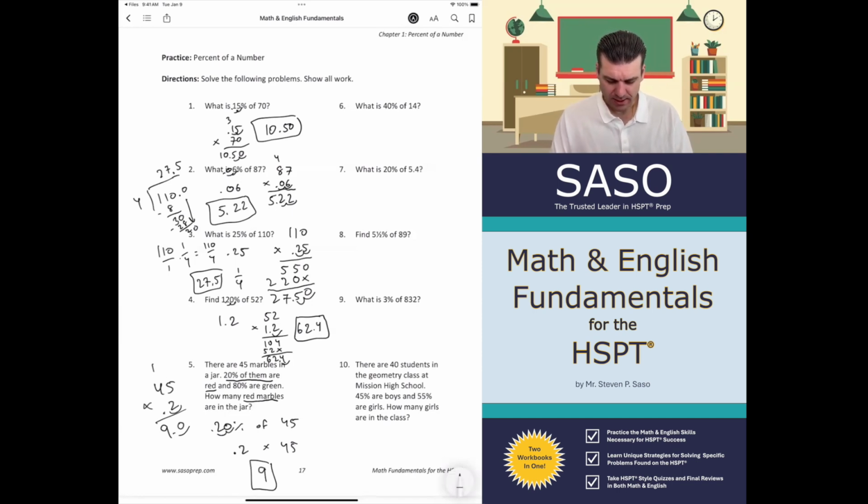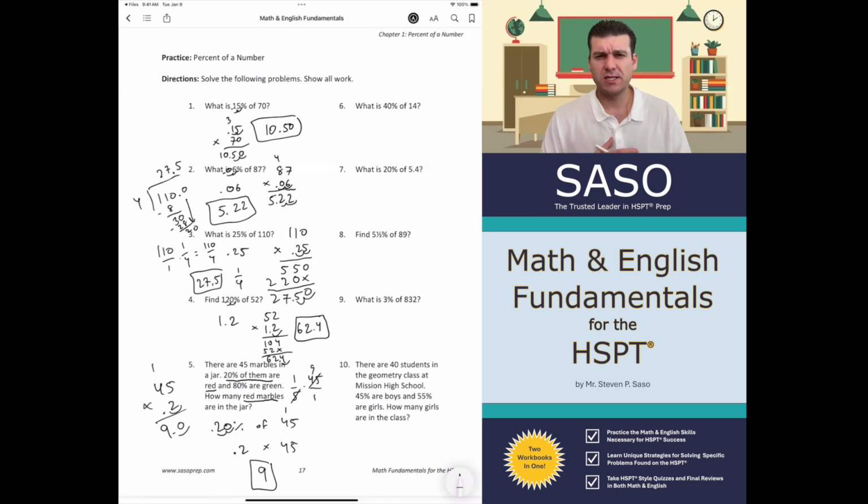Now again here, just to show you, 0.2 or 20% is the same as 1/5. And so you could also do this problem 1/5 times 45. And we can cross cancel here. 5 goes into 5 once, 5 goes into 45 9 times, and 1 times 9 is 9. So again, being able to interchange percents and fractions,